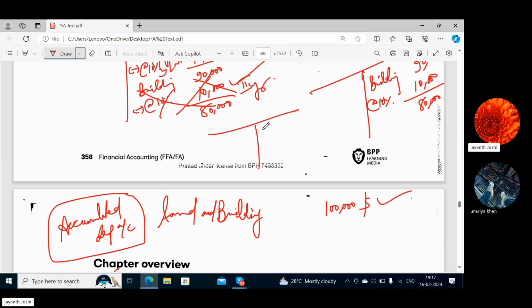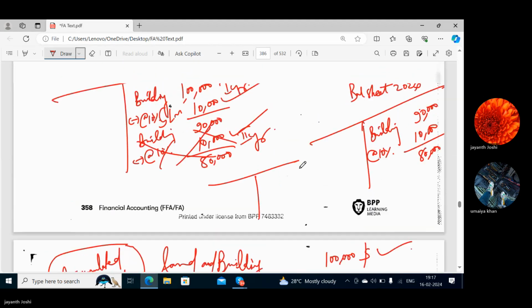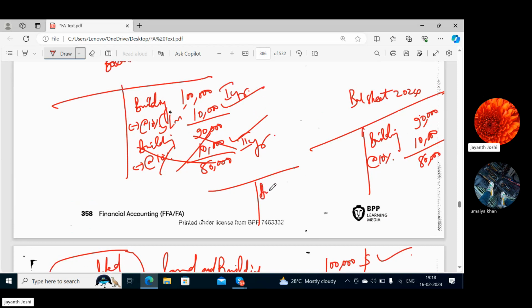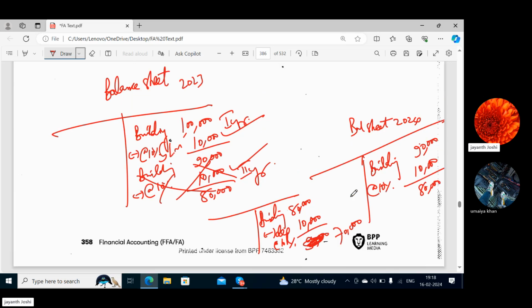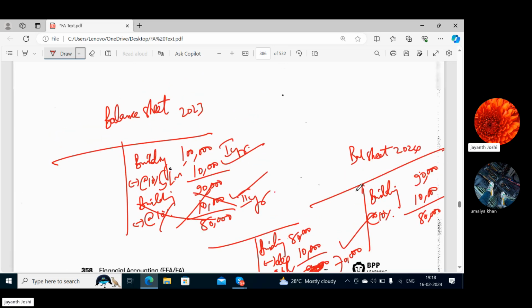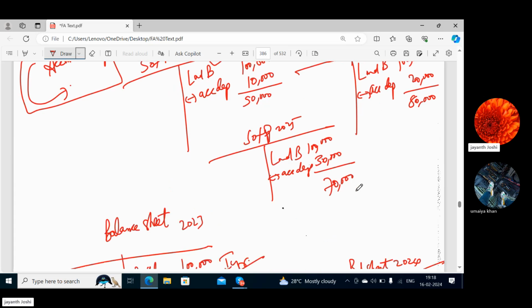And here again for the building, you'll take 80 and you'll deduct depreciation at the rate of 10%, 10,000, so it will be 70. It goes in this way. So the results are the same. Here the asset value is 70, and here also at the end of the third year the asset value is 70. But here every time you are showing the actual cost and maintaining an account called accumulated depreciation account,